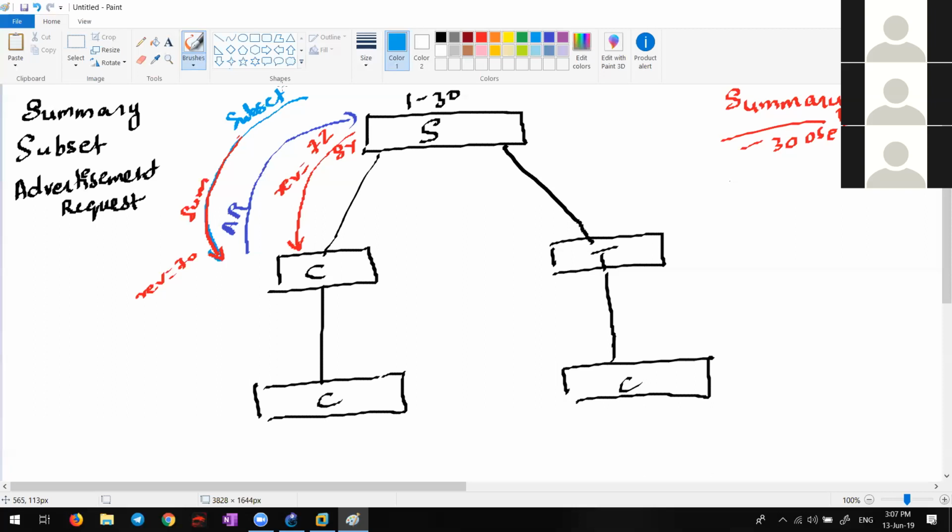When you guys are done drawing this picture, let me know so that I'll give you notes.